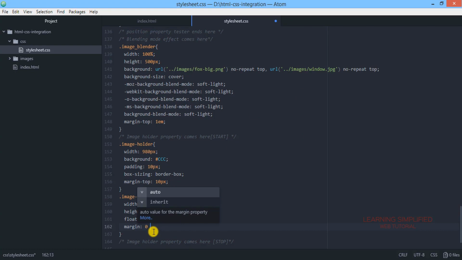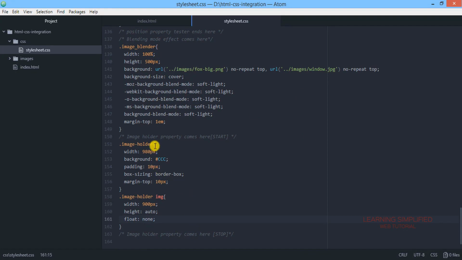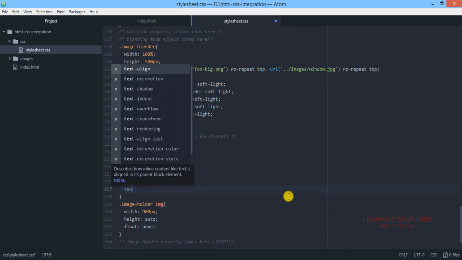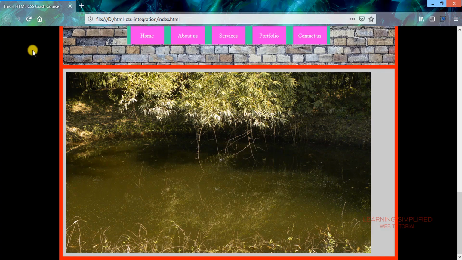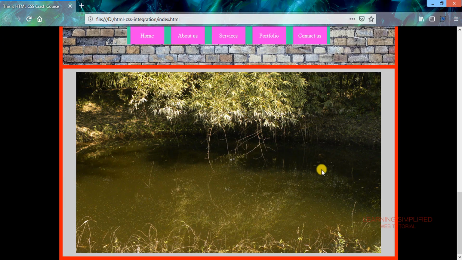If we do not wish to provide any kind of margin over here, then let's get back to our image holder, this main parent div over here, and here we can provide the text alignment, which should be center. Get back to your project, reload, and you can see now that the image is actually residing in the central position.